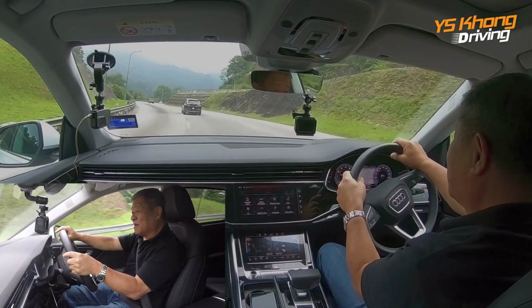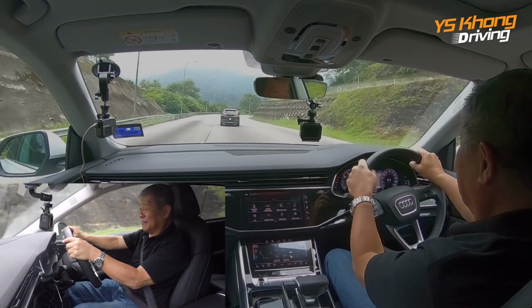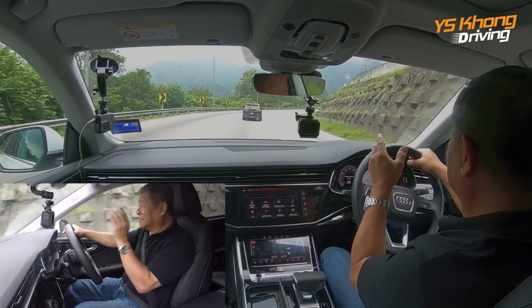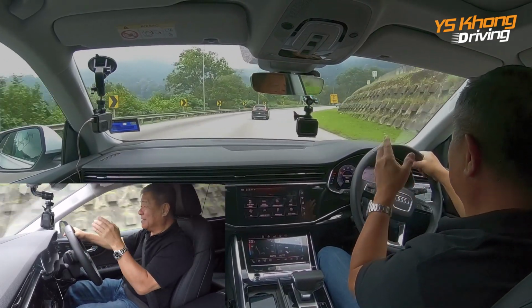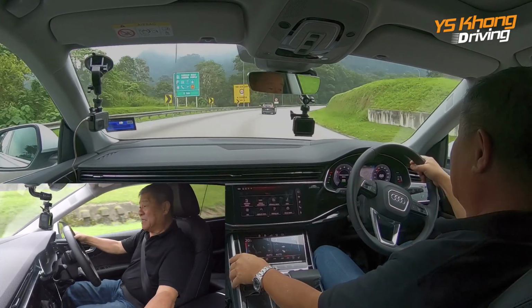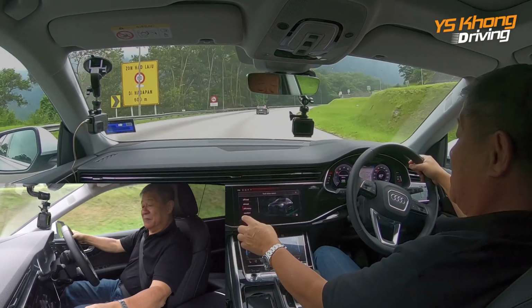Today it's not so much about reviewing and test driving, but I just cannot help it. Okay, I need to go and see what this fella will do up the hill. So the first thing I will do is the drive select. I'm going to go